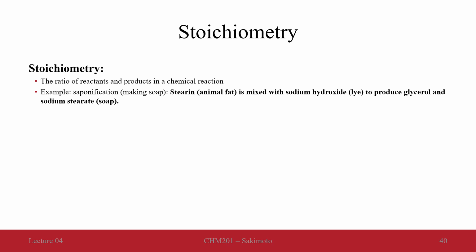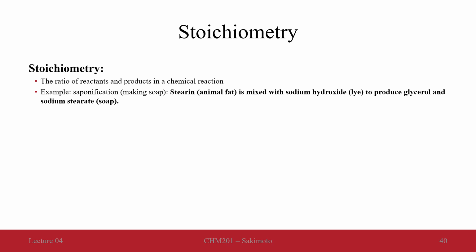it properly, particularly because we start with an animal fat represented by the molecule stearin. We could also use a vegetable oil or a vegetable fat as well. We mix that with sodium hydroxide, lye, which is quite reactive, is a strong base, and is quite dangerous if we don't mix the appropriate amount of lye with the appropriate amount of animal fat or stearin. The end products, of course, produce glycerol, which is sort of a byproduct, and the main soap molecule